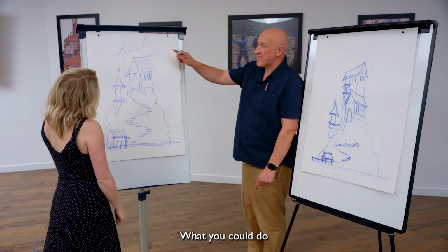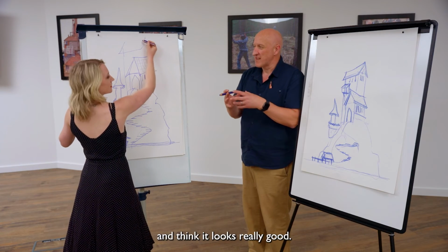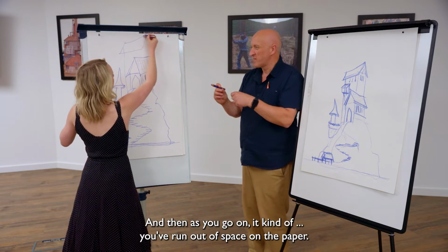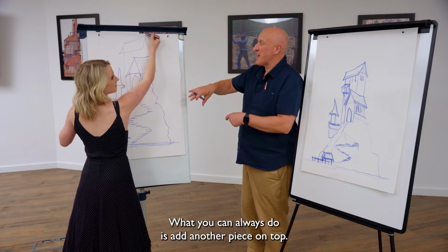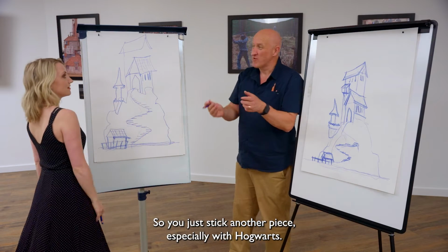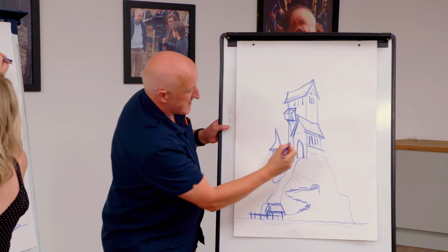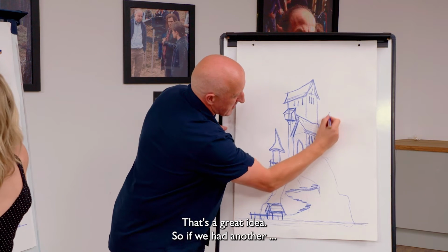What you could do, and what I do a lot at home, because a lot of time when you draw a character, you might start drawing it, think it looks really good, and then as you go on, you've run out of space on the paper. I have. Yeah, what you can always do is add another piece on top. Oh, yeah. So you just stick another piece, especially with Hogwarts, you could end up sticking lots and lots of pieces on top of each other and just keep adding bits of Hogwarts to it. That's a great idea. So if we have another...